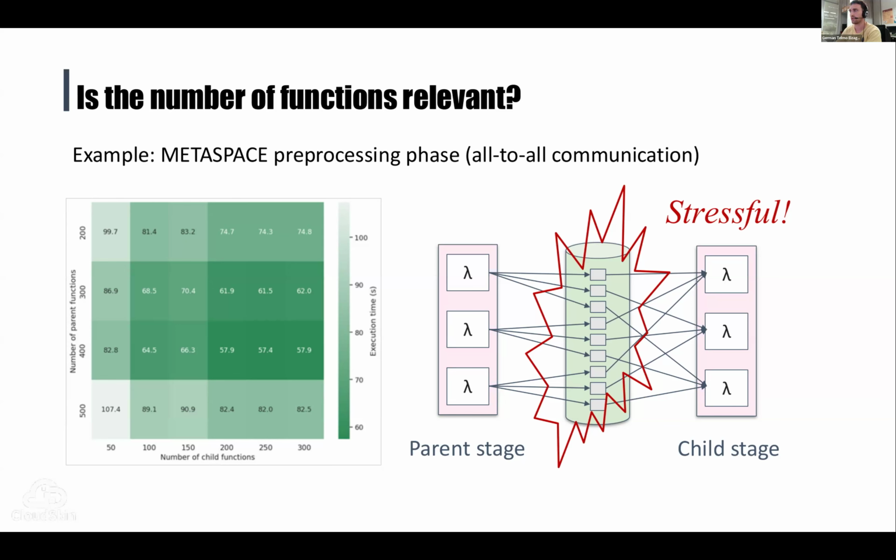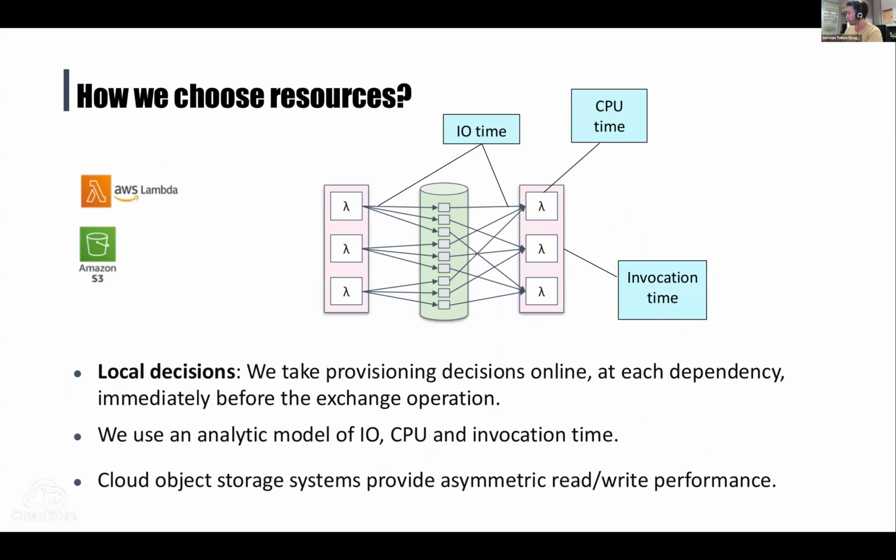number of functions and put them at both sides because, as you can see at this heat map, the number of optimal functions for the parent stage, which could be the stage at the left, and the number of functions at the right was different. And there was at least a slightly complex optimization problem here. So we worked on that. And what we saw was that